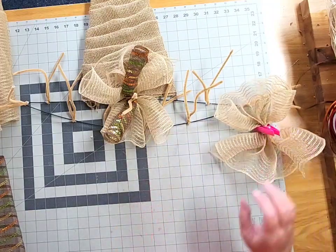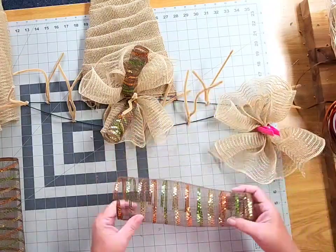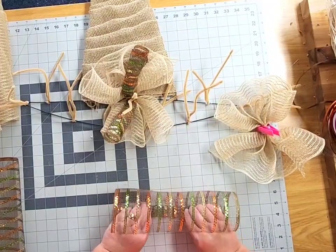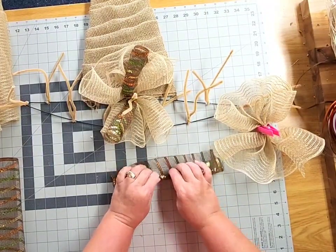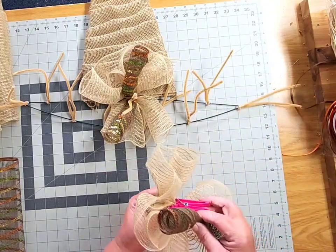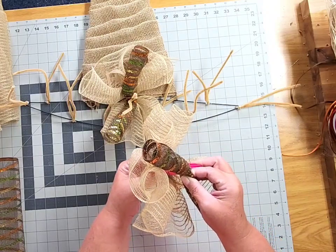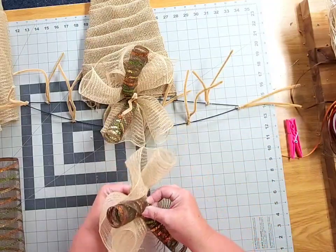and we'll set it off to the side. Now we're going to grab a piece of the chocolate mesh that we cut into 10-inch pieces, and we're going to roll that into a curl, which is really just a tube, so that it's about 1 inch or so in diameter in the center. We'll come back to our cruffle, pinch that cruffle tightly with our fingers so it doesn't come undone when we remove the clip. We'll add the curl right on top of our cruffle,